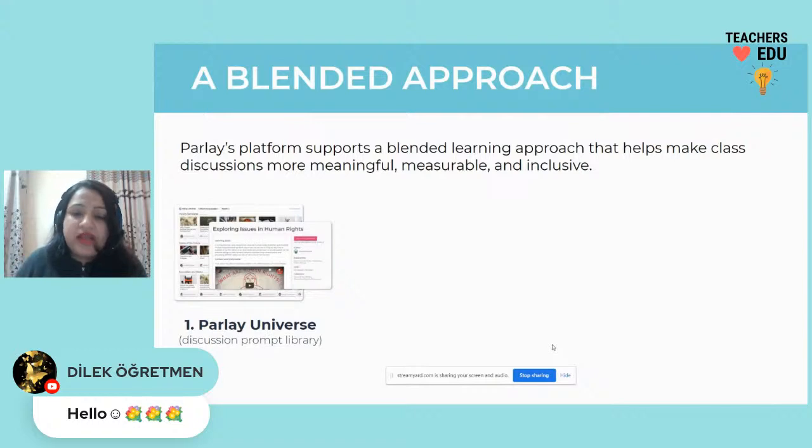So Parlay gives a platform which is very amazing for the blended approach, for hybrid learning, because this platform supports blended learning approaches that make class discussions meaningful, measurable, and inclusive. It has a very good